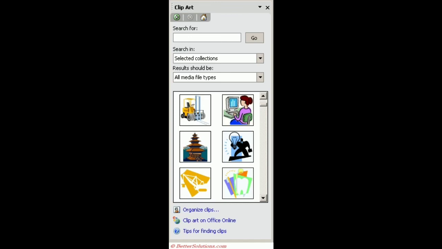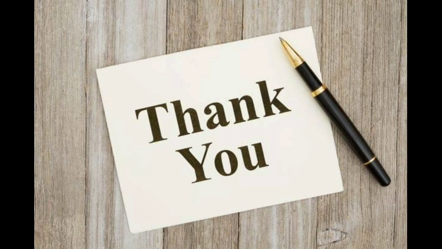That is, under media clips there are two sections: one is for sound and another one is for video. You can add both audio and video clips to a slide, and we have seen the steps of how to add audio and video clips to the slide. Both of them follow the same steps. So with this I am ending my session today.